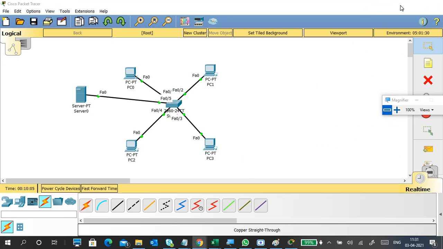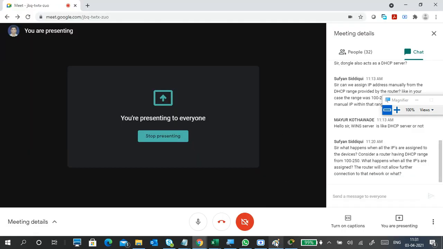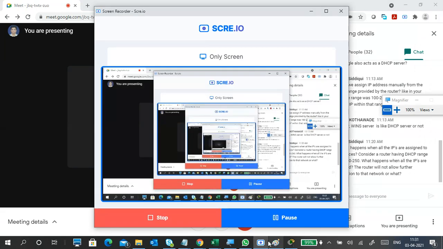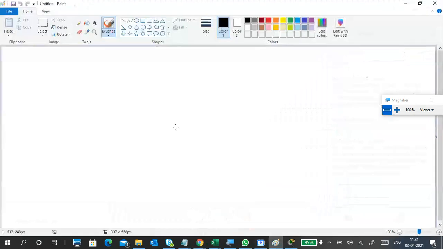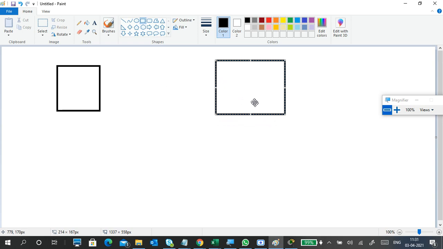Okay, this is about your DHCP server. How are we getting an IP address? That is the first point. We generally get an IP address from a DHCP server only. So in our usual networks, your router or Wi-Fi, Jio Wi-Fi, Airtel Wi-Fi, these are all providing IP addresses.